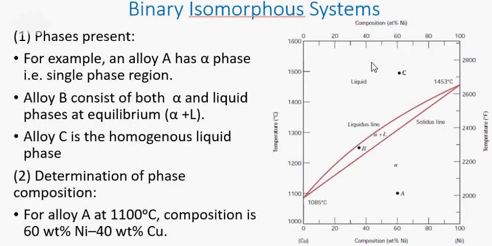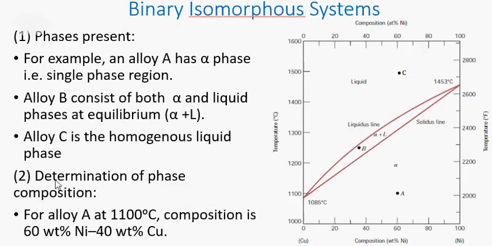For an example of binary isomorphous system of copper and nickel, binary in the sense that we have copper and nickel, two materials or two substances. For example, at point A, the phase present is the alpha phase. At point C, the phase present is the liquid phase, and at point B, the phase present is the alpha plus liquid